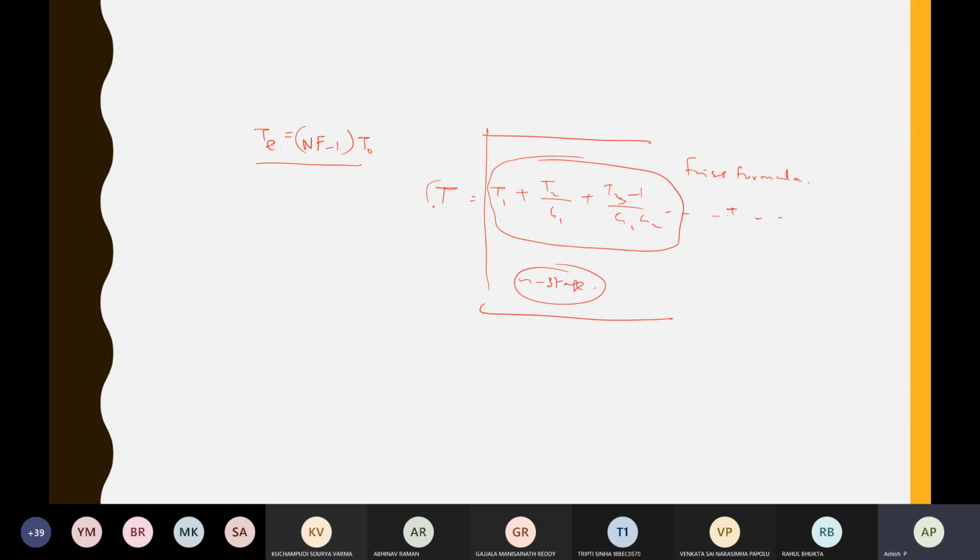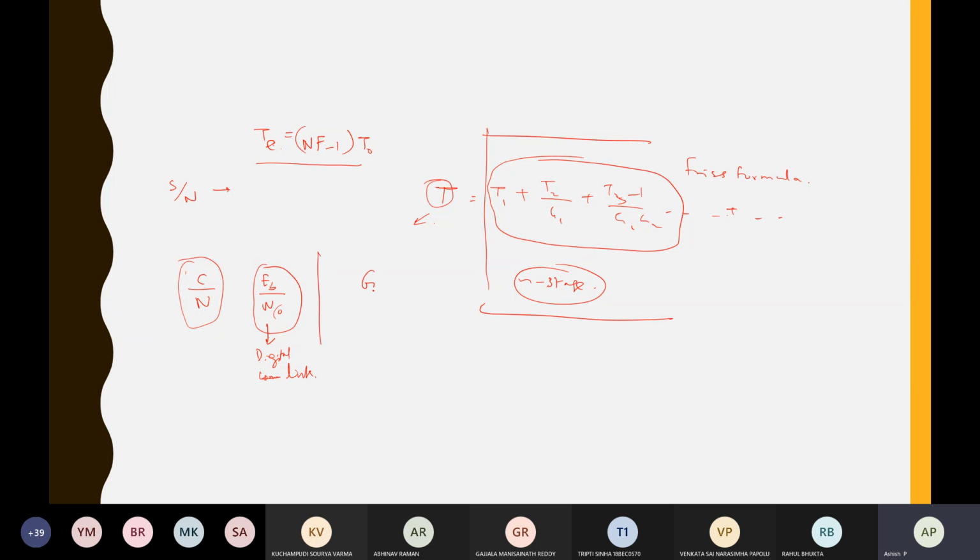Once you find out the equivalent noise temperature, we can find out something called C by N. There are three ratios in satellite communication to characterize the quality of the link. One is the general one, S by N, signal to noise ratio, but here they call it carrier to noise ratio. The other one is Eb by N naught, which is mainly used in digital communications. If it's a digital satellite link, then we go for this Eb by N naught. Eb is the bit energy divided by the noise in that bit duration.